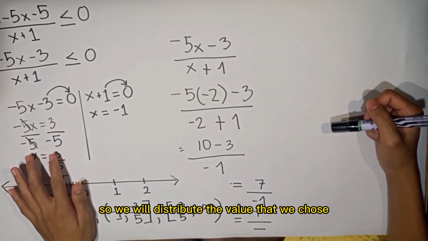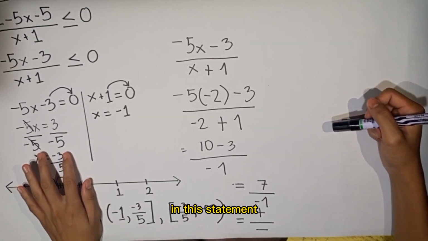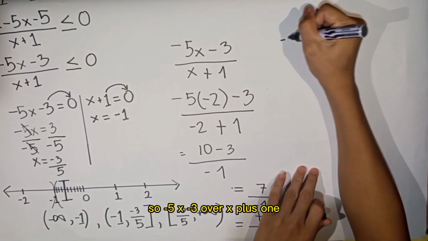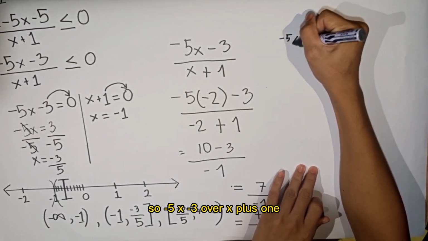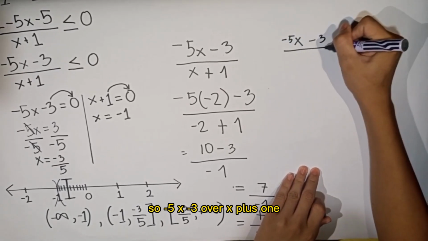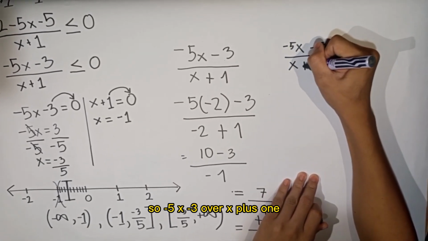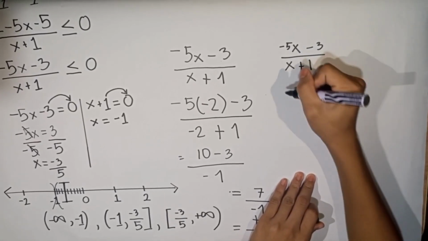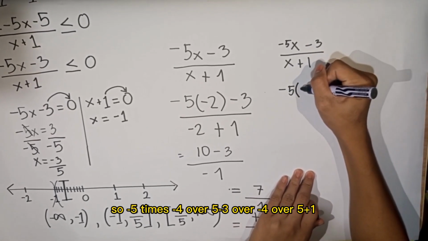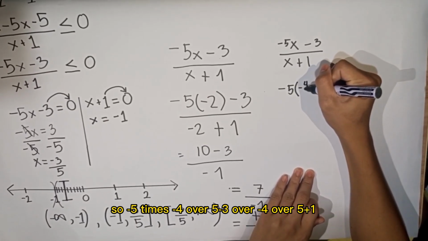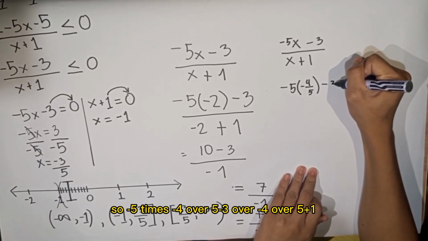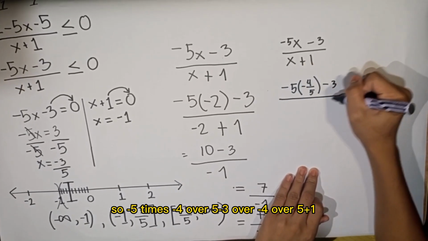So we will substitute the value that we chose in this statement. -5x minus 3 over x plus 1. So -5 times -4/5 minus 3 over